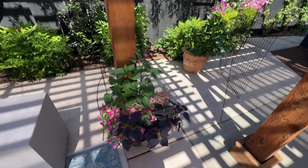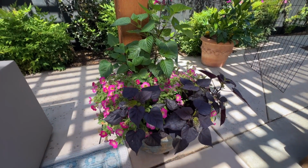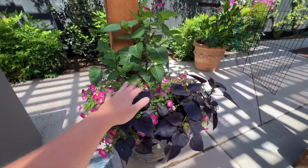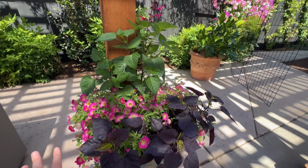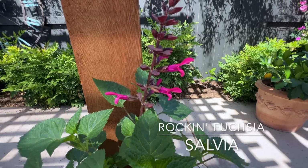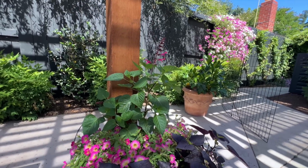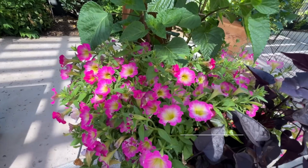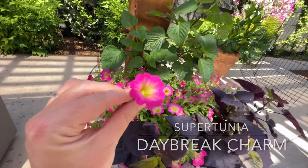Okay, and then one more pot I want to show you all. This is the pot that I made when I did my Proven Winners presentation at Wind Tour Gardens. I will link that video down below. It was so much fun, and I potted up this planter, and it just looks so good. So back here is a Rockin' Fuchsia Salvia. It is such a fantastic plant. I have a bunch of them in my front garden, and they just do so well for me here in Zone 9B. Underneath here, this is Supertunia Daybreak Charm, and I just wanted to show you all the comparison of